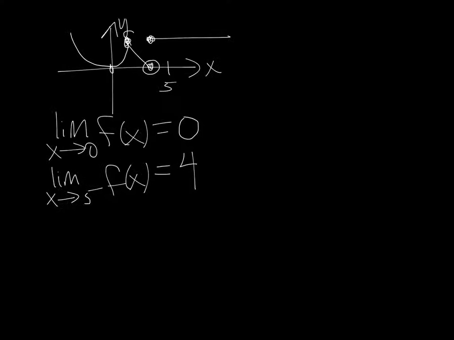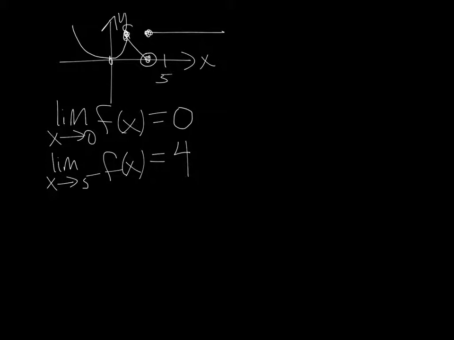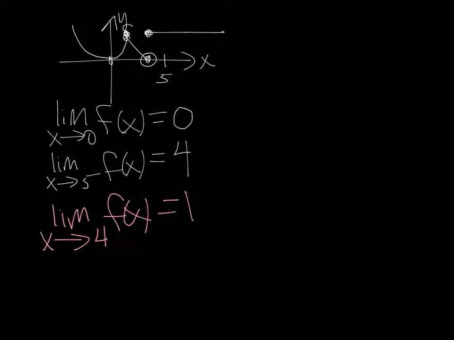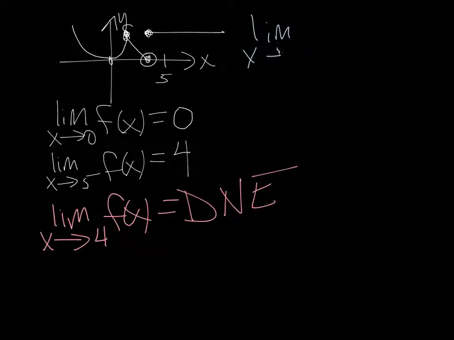The tricky part is at that point where there's a jump. The limit as x goes to 4 of f of x. Problem here is this limit does not exist. And the reason this limit does not exist is because the limit as x goes to 4 from the negative side, from the left side,